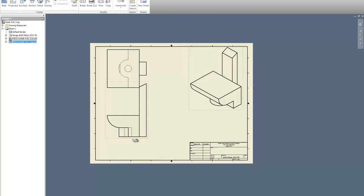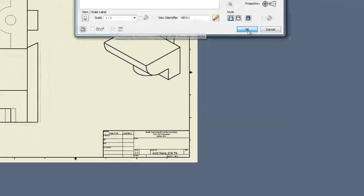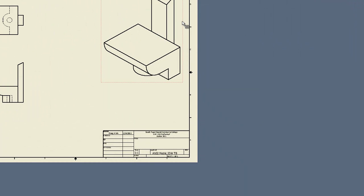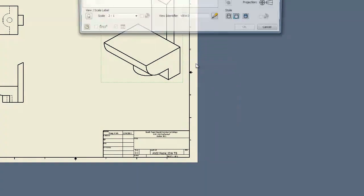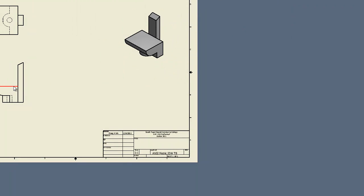So the first part I brought in was this one. Right click, edit views. I can then change my scale to a 1:1. Okay, and go OK. Those two have changed. This one will not. So I have to do that separately. Edit view and go to 1:1. And I might as well change it to shaded while I'm here. Okay, great. So there's my project,